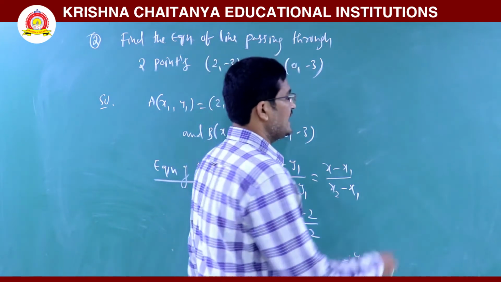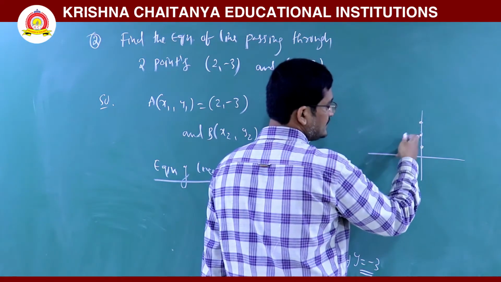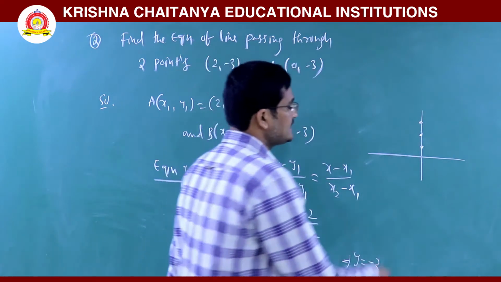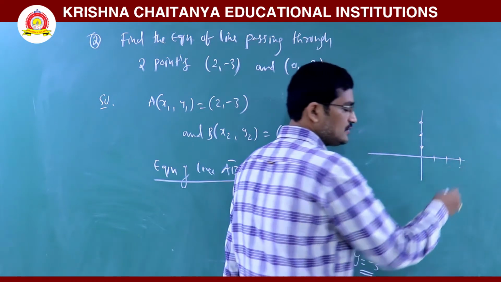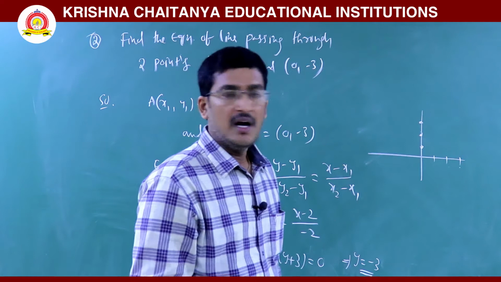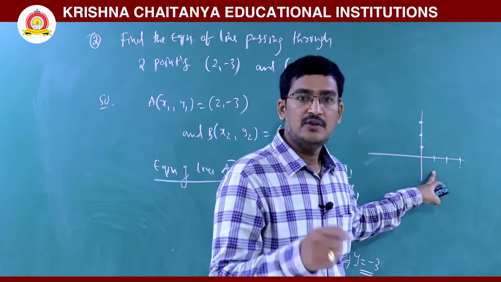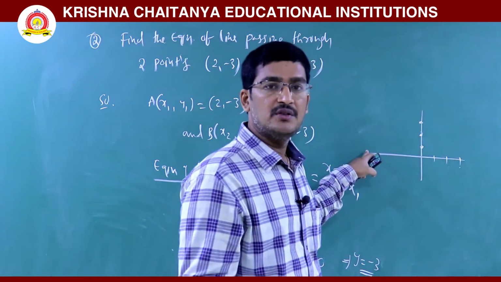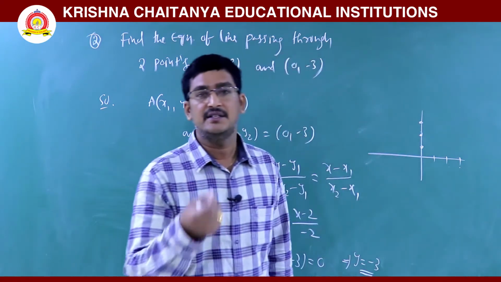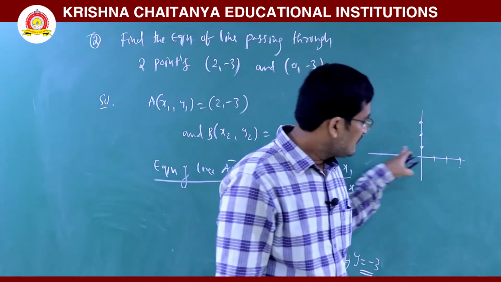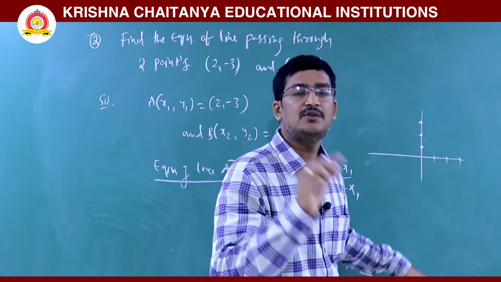Suppose you take the y-axis. What are the points formed on the y-axis? (0, 1), (0, 2), (0, 3). What are the points formed on the x-axis? (1, 0), (2, 0), (3, 0). All the points have ordinate 0 there. So what is the x-axis equation? Y equal to 0. Y equal to 0 is a line having ordered pairs with ordinate 0. Y equal to 0 is the x-axis.